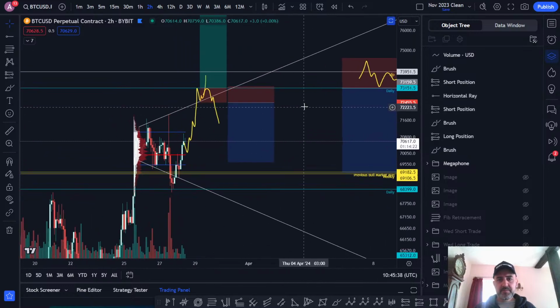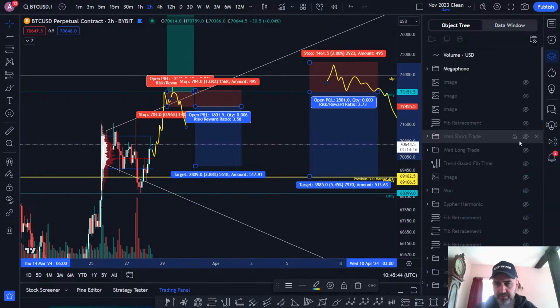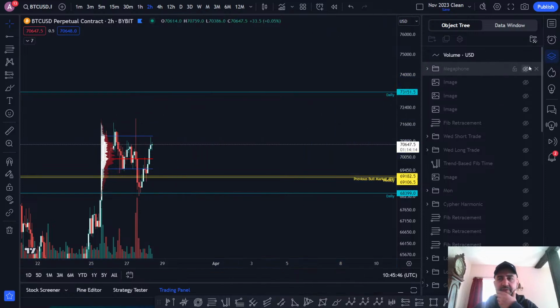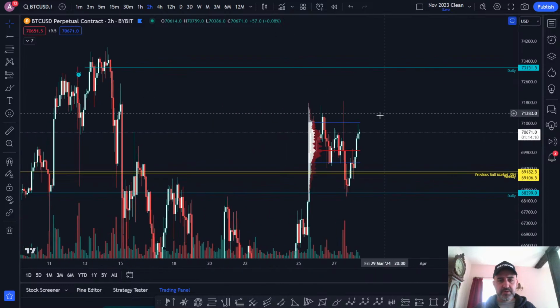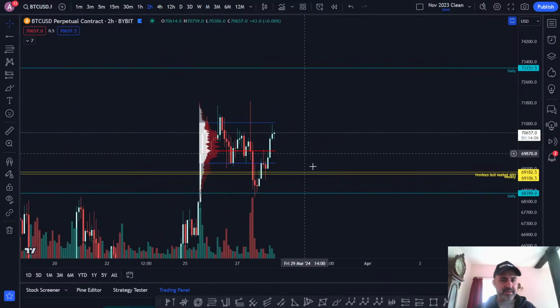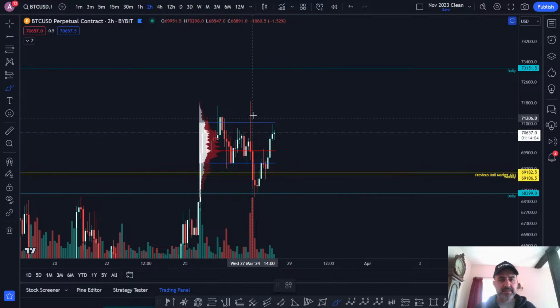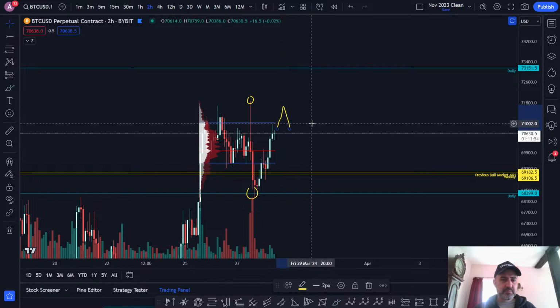So these are some ideas of what I'm thinking about. Let me just put them in my megaphone group and hide it. Now, if a diamond was to form, it's going to be quite painful because everyone is longing for a breakout or shorting for a breakout, and it's not going to come. And I think this is the pivot, this one and this one. And so the next thing we'd be looking for is a lower high.